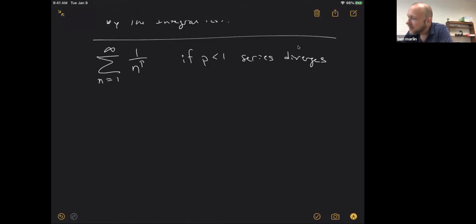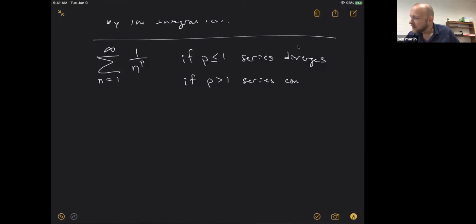And I'm sorry, I needed to say less than or equal to 1, the series diverges. But if that p is greater than 1, the least little bit more, if it is 1.0001, any power that's bigger than 1,